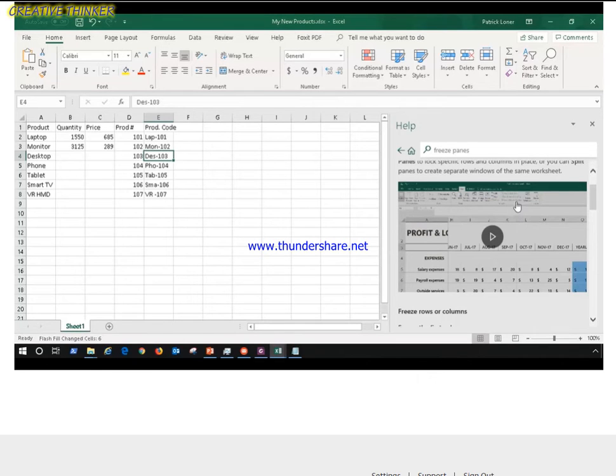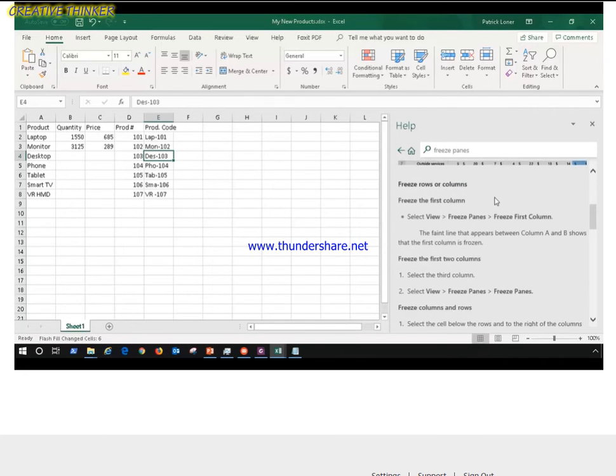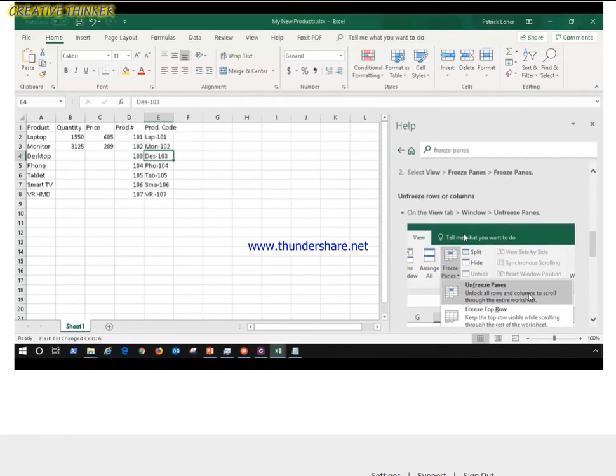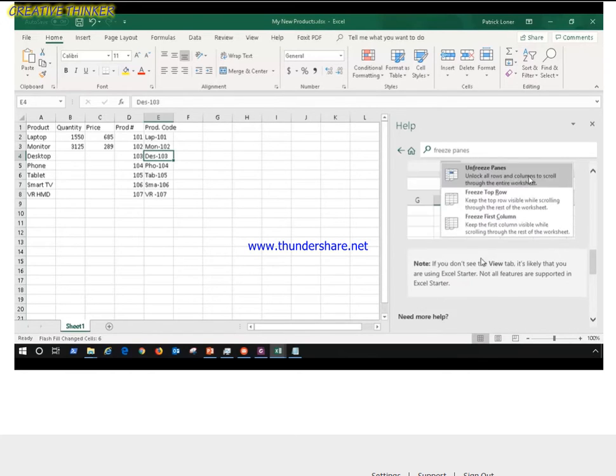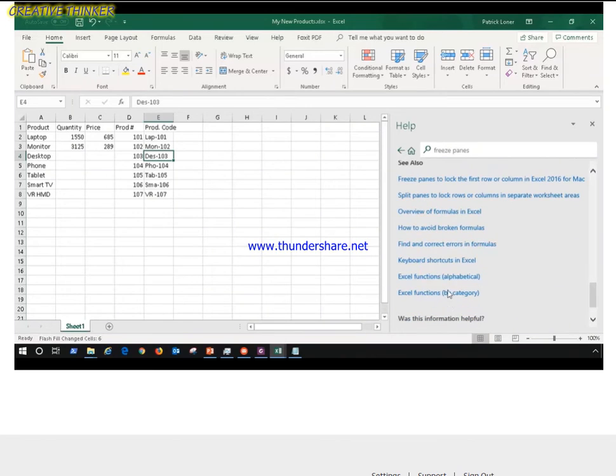It's going to give me a description of what this does. It is a feature that we'll be talking about later. So it shows you all of that. As I said, this is very robust. They do give you step-by-step instructions. They show you how to freeze and unfreeze, and then you have links to additional options or additional articles that Excel thinks is related in some way to whatever your search term